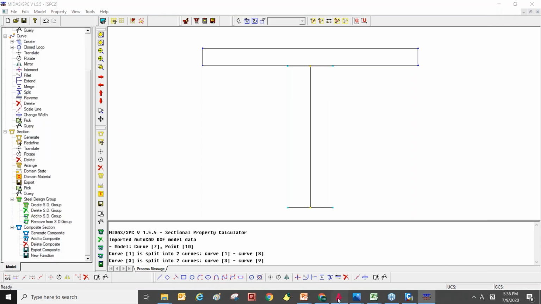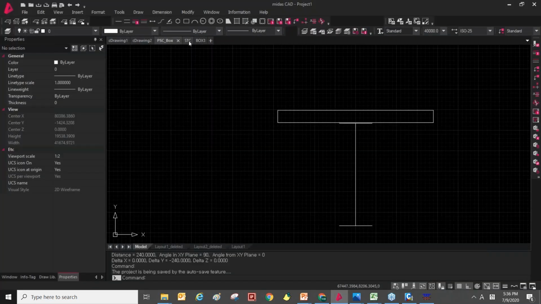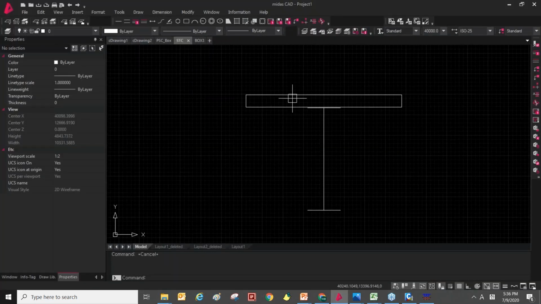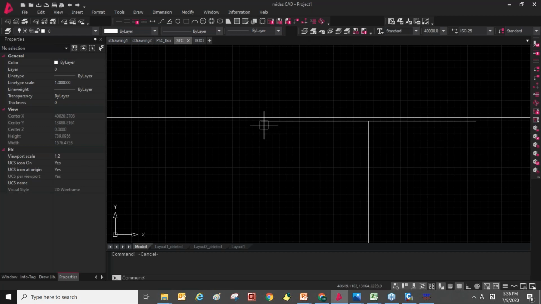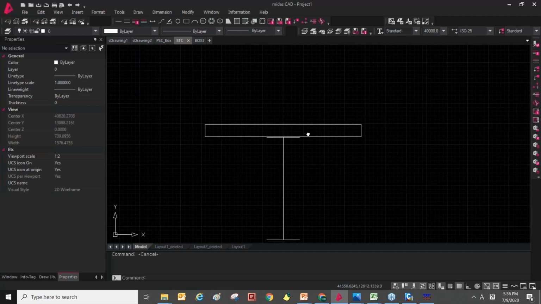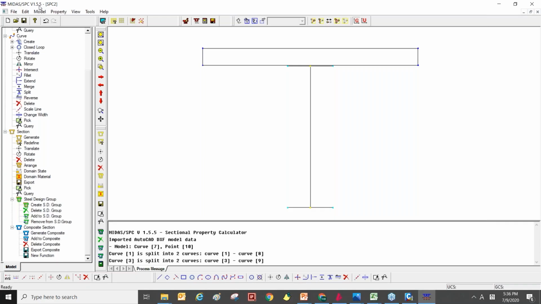So when you plan to make a steel girder, you need to draw the center line of the steel plate like this. After importing the section, we need to define the section material, because this is a composite section.